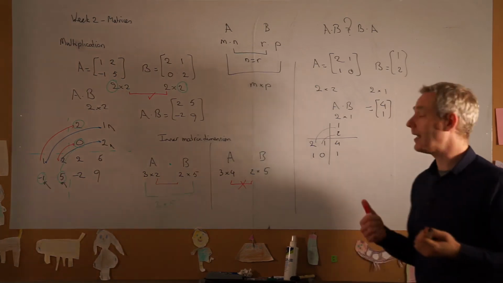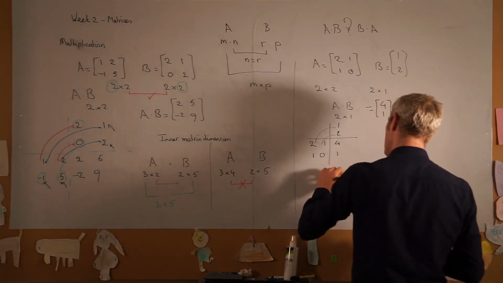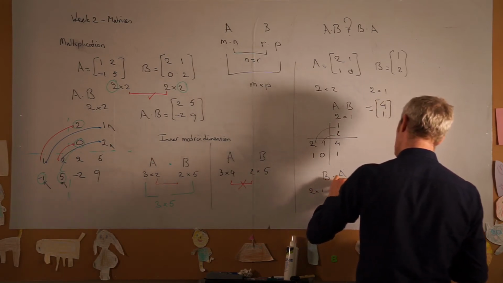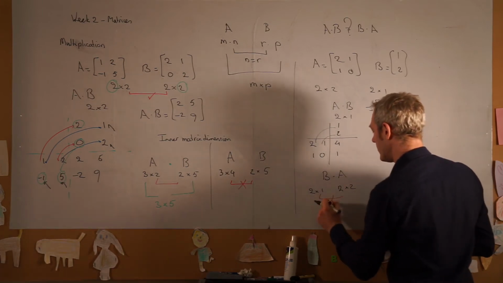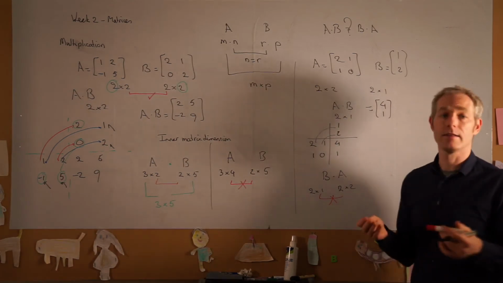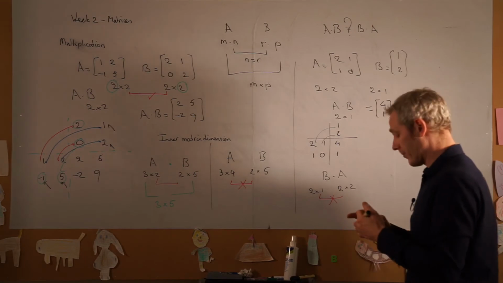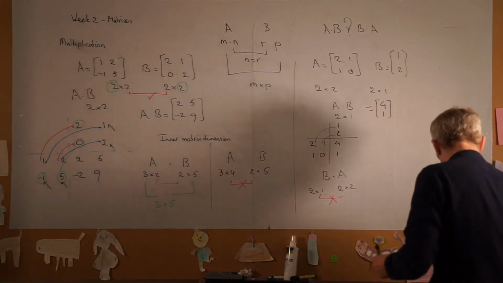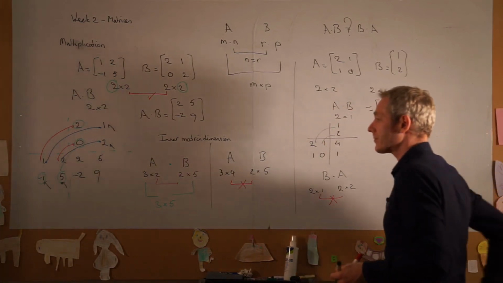And it exists indeed. But now if we look at B times A, well, B is a 2 by 1 matrix and A is a 2 by 2 matrix, and this isn't even possible. So not for all matrices can we say that if we reverse the order of multiplication, it works. Now, okay, so this is a problem with dimensions. Let me just move this chair out of the way. What if we have